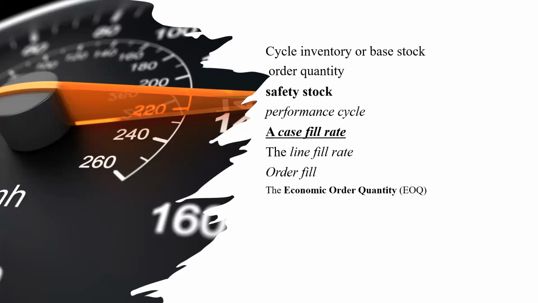So let's look at those things that were measured that are all under the service performance. We said that service performance will look at cycle inventory or base stock, order quantity, safety stock, performance cycle, a case fill, a line fill, order fill, and economic order quantity. So when we talk about a cycle inventory or base stock, basically that's what people normally call